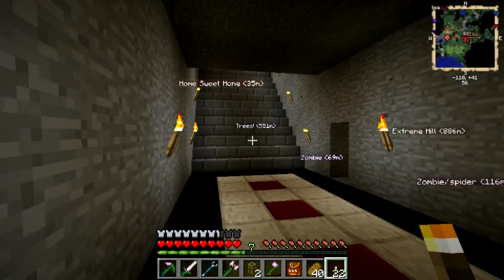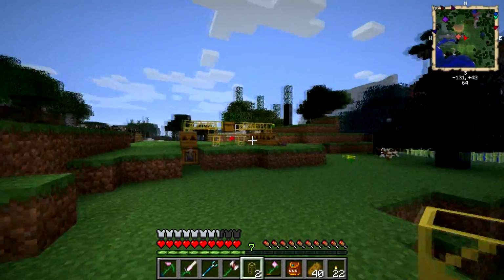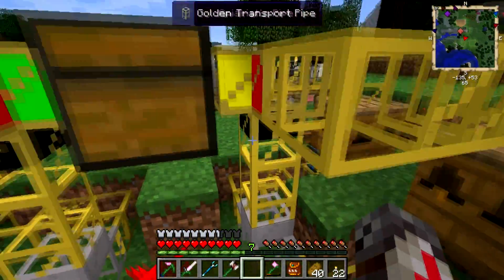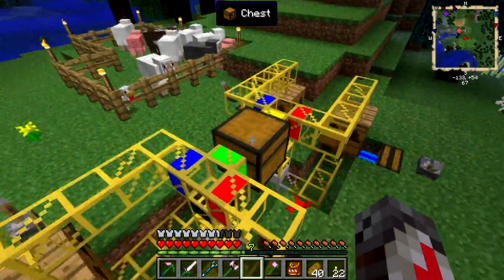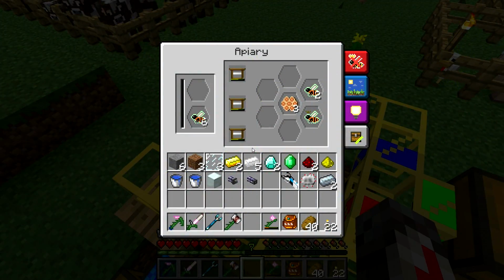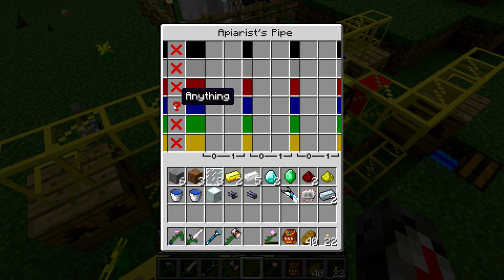Or something like that. Anyways, we have ourselves our apiarist pipes, which we're going to put right back in place of those diamond pipes that we just took off. And they look pretty much exactly the same, except they're a different color. But if you right-click on it, you'll see a little bit of a different interface. So for blue, what we have right here is mystical princesses that we want to keep sorted. So we're going to go to blue, and we're going to say any bees that are in the